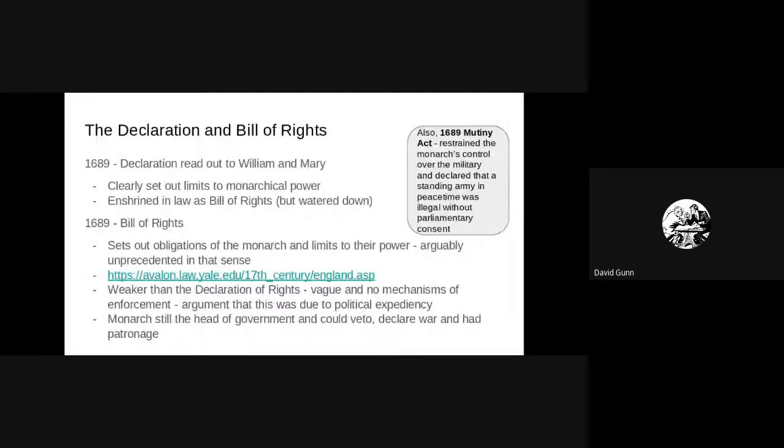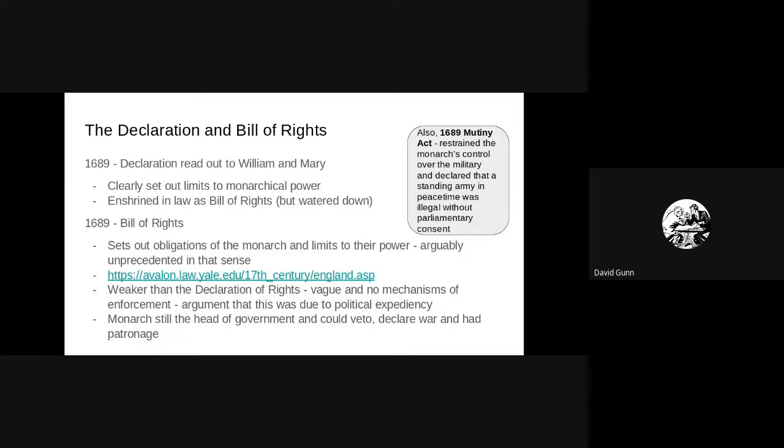So, not having cruel and unusual punishments or excessive fines, all of these things are set out for the first time in one document. However, is it unprecedented? Well, we've had things like the Petition of Right in 1628. Maybe it's not completely unprecedented. It's on paper for the first time, all laid out in that way, which arguably is significant. The other thing to add is the Mutiny Act of 1689, which you would include under the